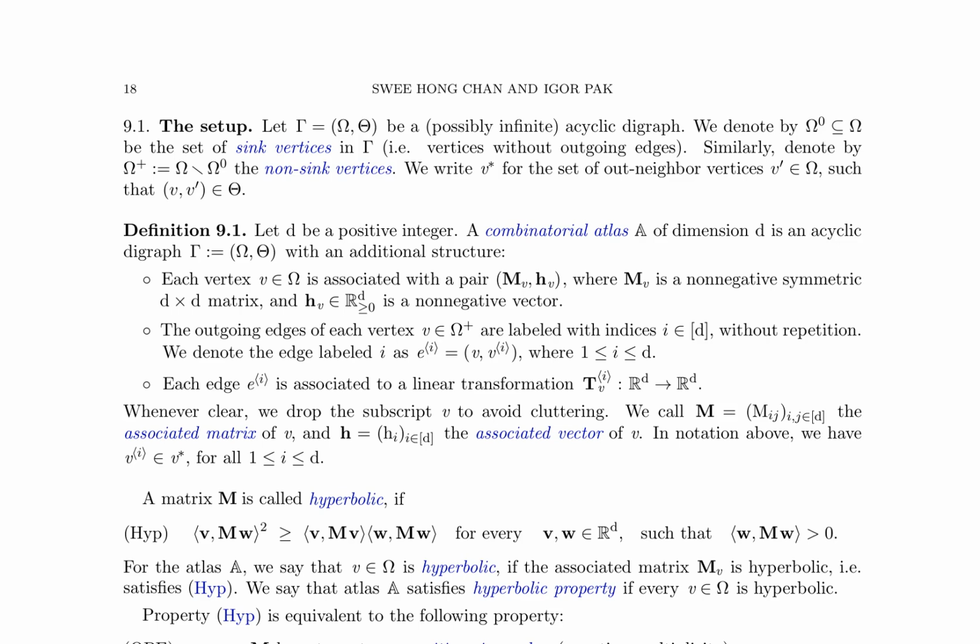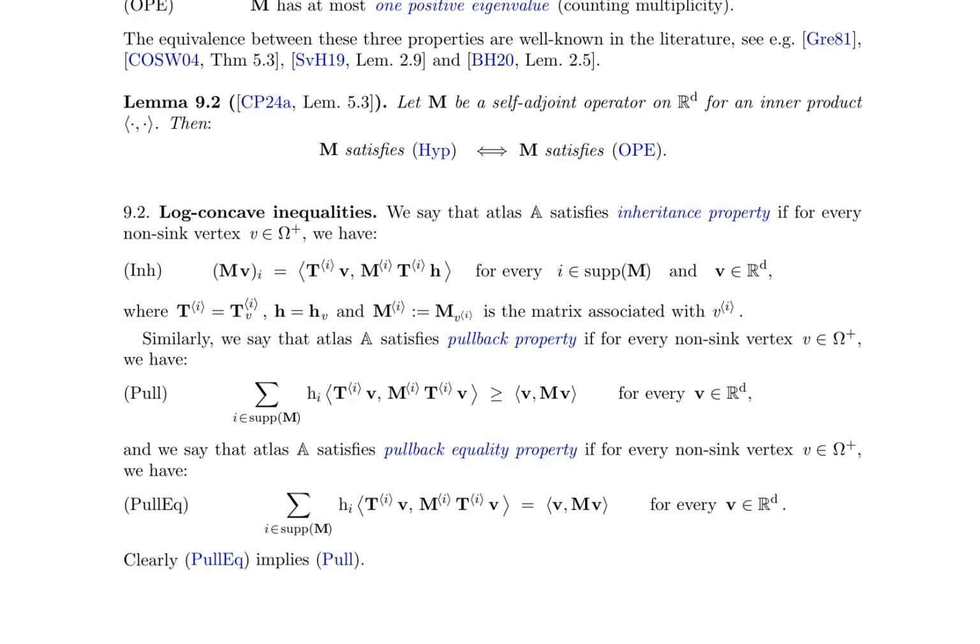The authors then utilize this hardness result to demonstrate the inclusion of NP in PP, bridging the gap between two major complexity classes. This is a significant contribution to the field, as it sheds light on the relationship between these classes. The section concludes by highlighting the importance of combinatorial atlas in proving theorem 1.3, which is a key tool